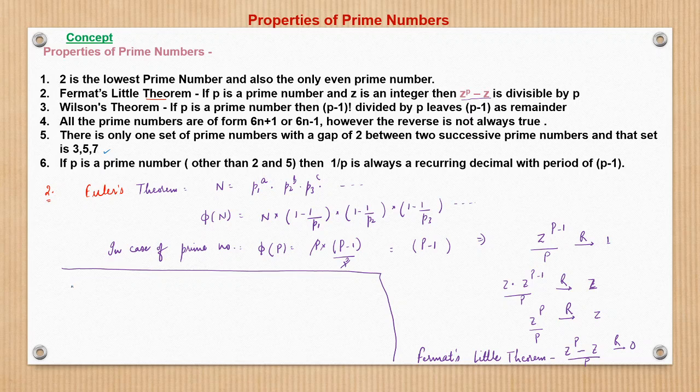How does the periodicity come? Again by Euler's. From here we know that in case of a prime number, the Euler of p is p minus 1, and that becomes the periodicity. So recurring decimal periodicity is p minus 1. This p minus 1 is nothing but the Euler of p, which we had derived here. If you did not get this, just remember for a while, in the discussion on decimals we will see this.